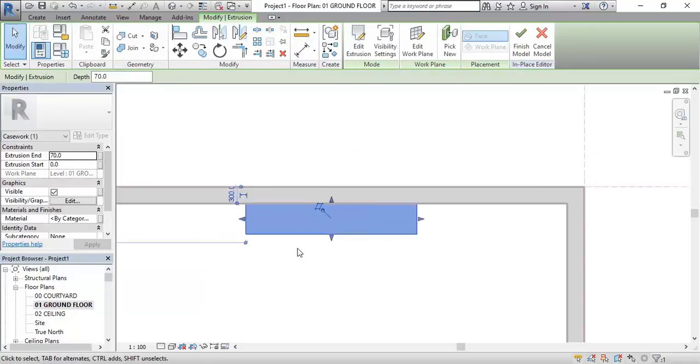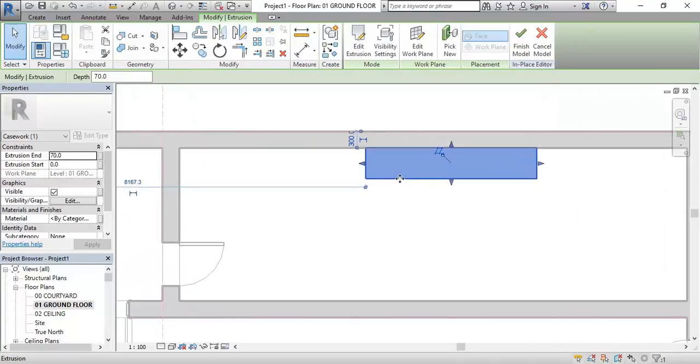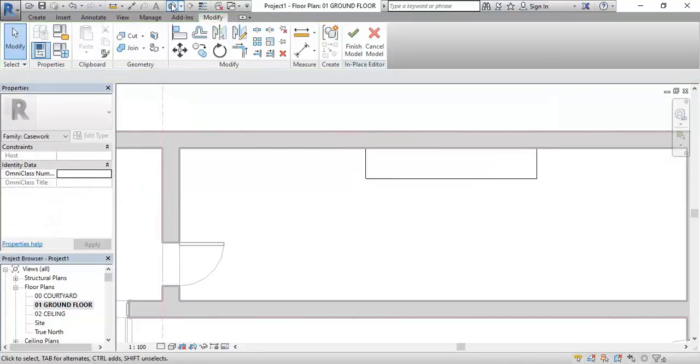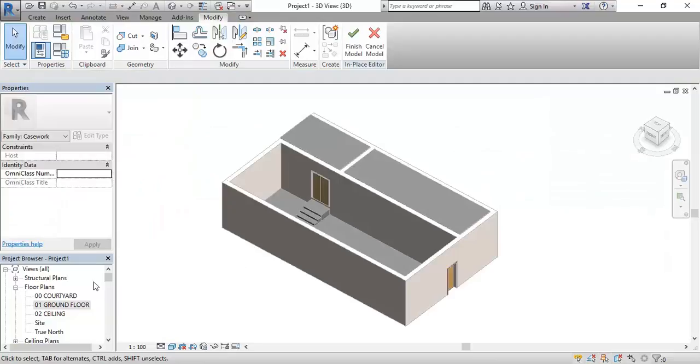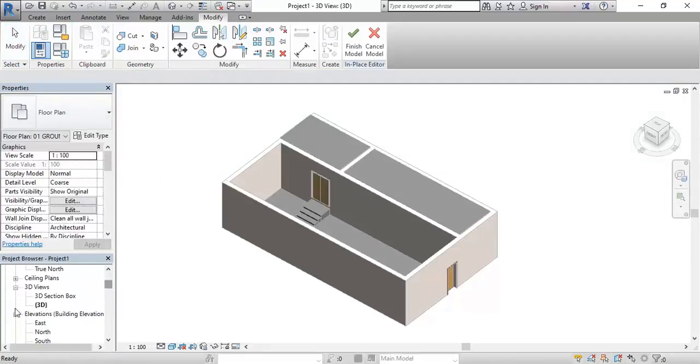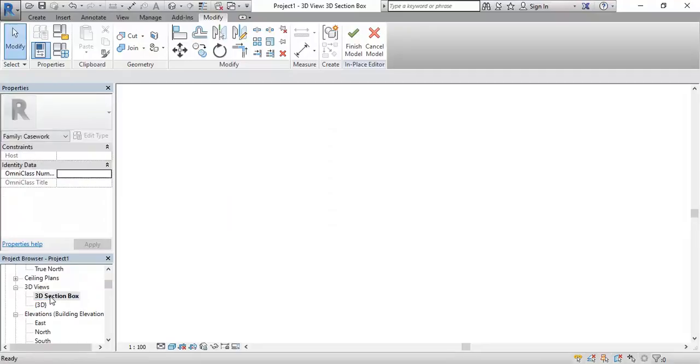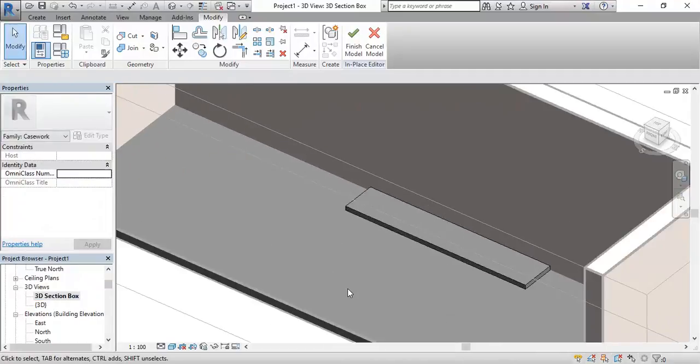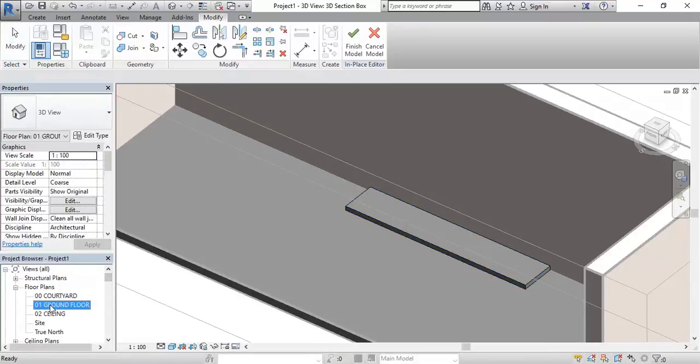And then, how do I check that it's sitting on the floor and not sitting on the ground? Exactly. Check the 3D view as you go. I can't see it in the one that I had at the beginning, but I've got the other one, the 3D section box, where I should be able to see it. So there, it's clearly sitting on the floor that I've made, so I know it's at the right height, and I can then continue in the ground floor